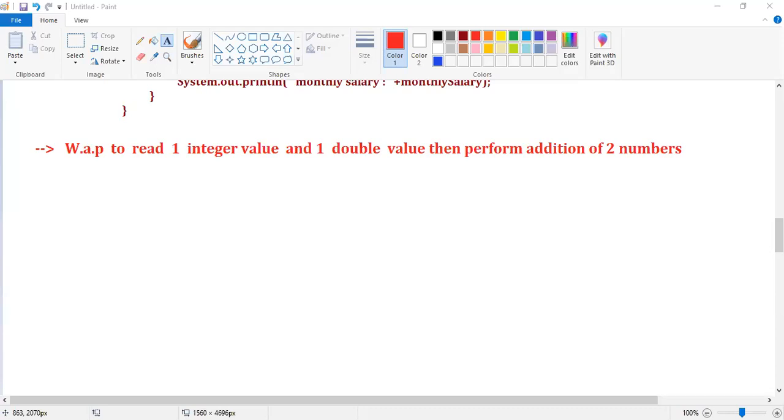Good, Vikas. Good, Gangadhar. Sachin, check your answer once. Good, Bhargavi. Good, Veramma.